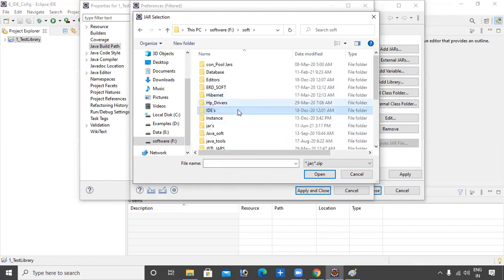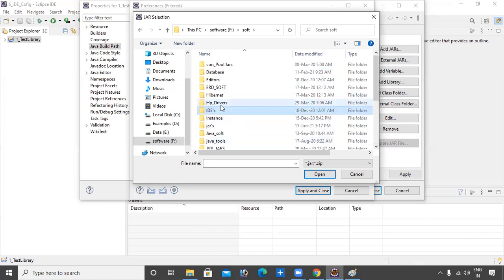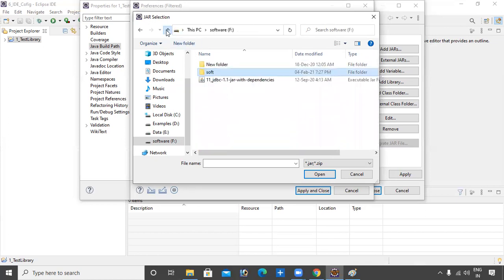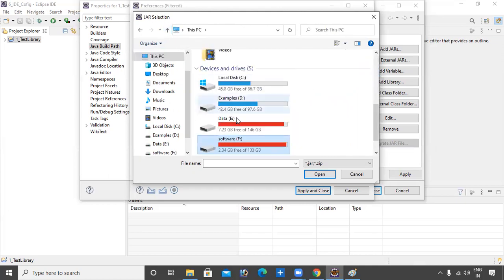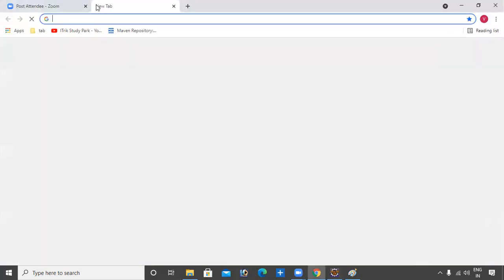Download from the internet, but I will show you. Don't worry. My bad. Not there. It's okay. No issue. So I want to go to the internet. Here you can search, download